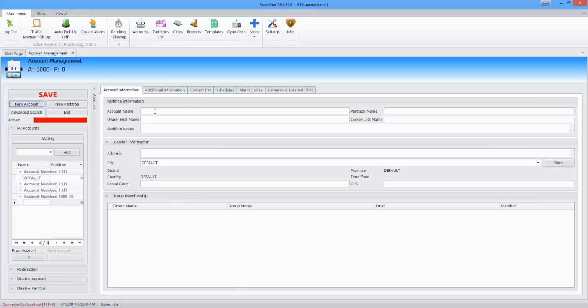Here we can put the account name, test account, partition name, test partition. You could have many partitions within the account, but by default, when you create an account, you have one partition created, which is partition 0. Order name, let's say MCDI, SECURITHOR, partition notes,